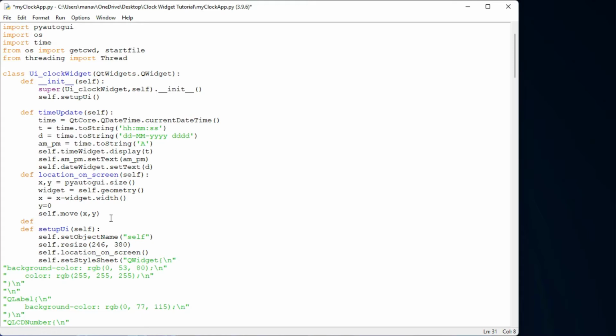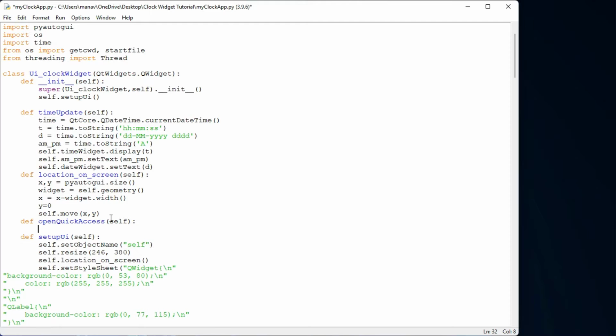Here I will open the Explorer. So I will make one method here and name it quick_access. Open quick access. Let me pass self here, and here I will use the OS module, os.startfile. I am starting the file, and my file name will be Explorer.